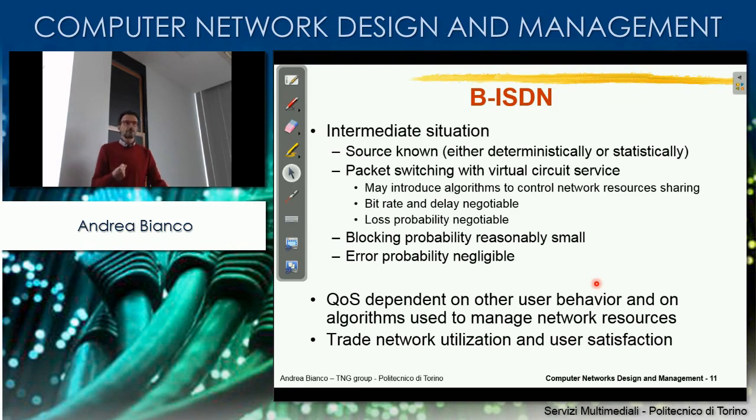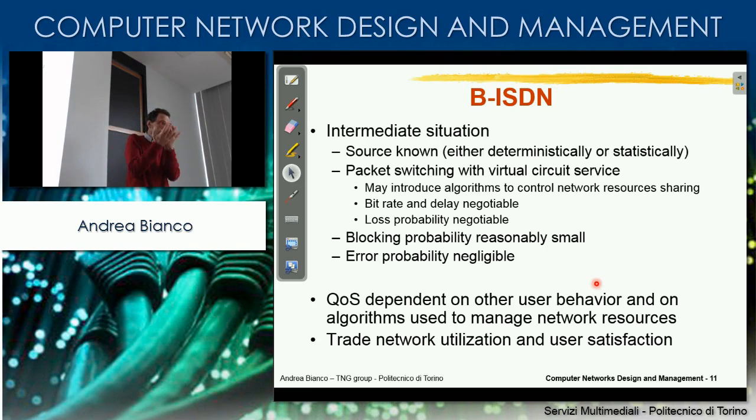Now, in this scenario, we have some features of the packet switching with datagram, which are the possibility of sharing resources and as a consequence having a good utilization, which is not possible in the circuit switching, because in circuit switching, remember, we slice with a fixed size the cake, and if you are not hungry, nobody else can take your slice or portion of your slice. Whereas in packet switching, there is no slicing, or the slicing is continuously adaptable depending on the number of users, right? Here, we have the possibility of sharing, which means that if you need less, I can get more,